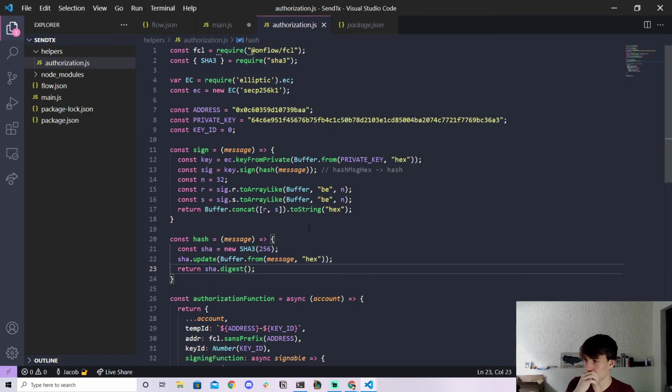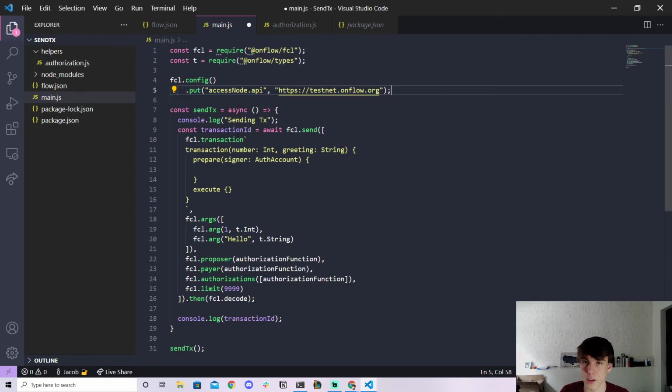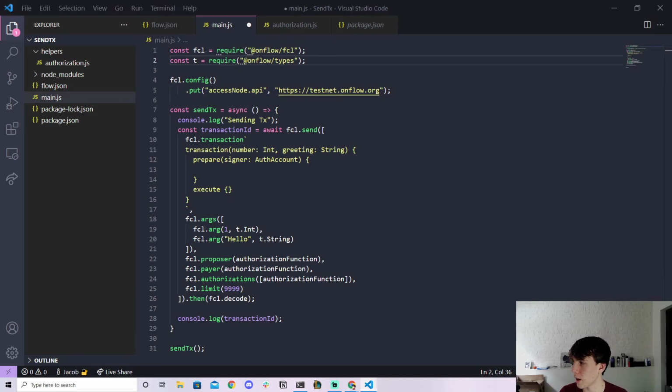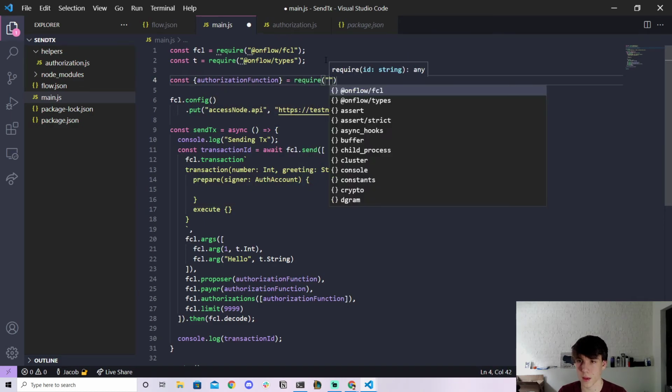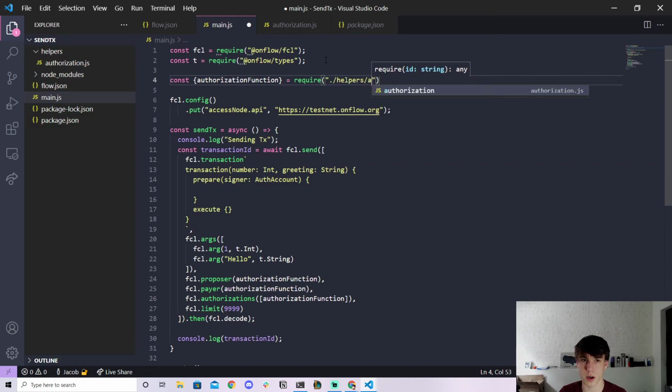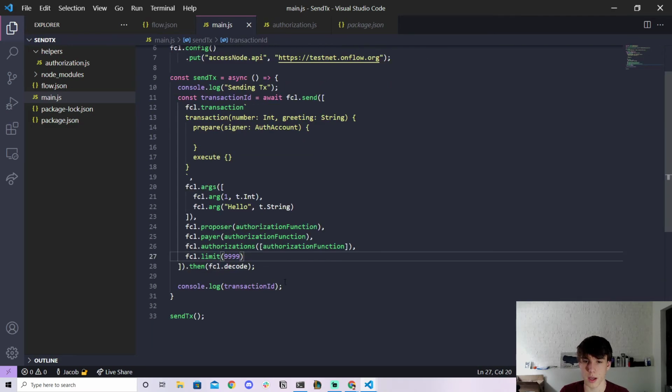So this is all we should need in order to get this to work, right? So I'm hoping that this is going to work and that we're all going to be good. So again, this is our authorization function that we're going to export here. And then inside of our main.js, we're going to require it. So let's go ahead and in our main file over here, say const authorization function equals require from /helpers/authorization.js. All right. And then that authorization function gets passed in here, here, and here, and we should be good